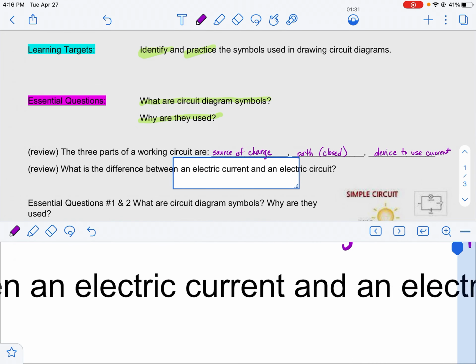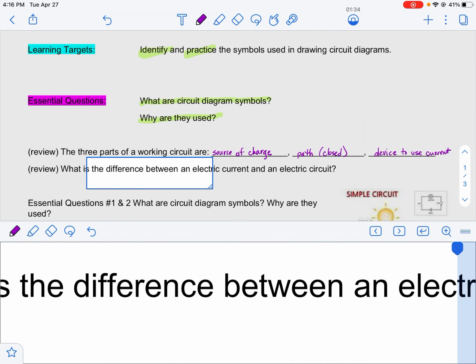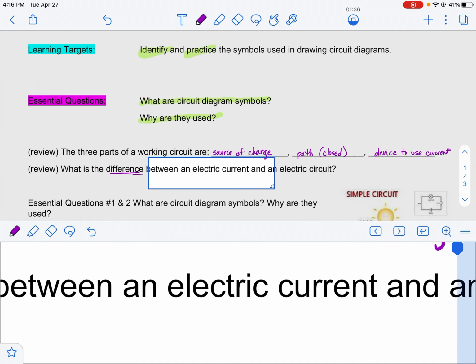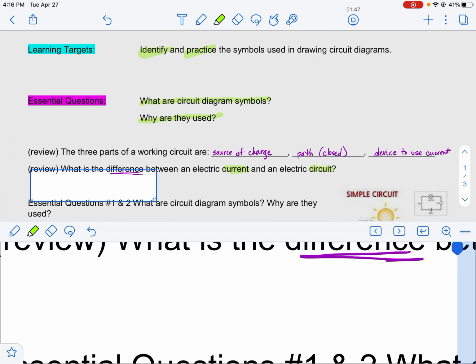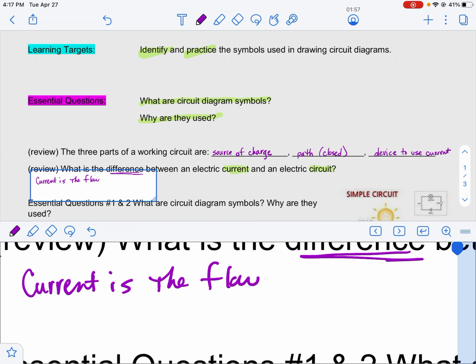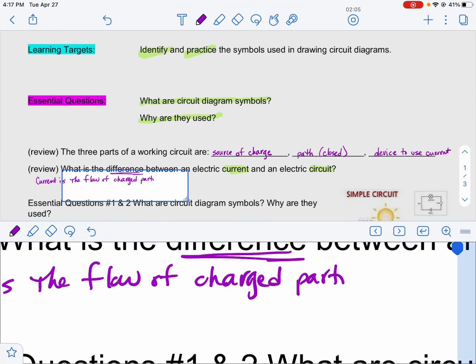All right, and then the second review question here is, what is the difference between electric current and an electric circuit? Remember, I told you those two things sound very similar, so you have to be careful about what you're talking about. So the difference between current and circuit: electric current is the flow of charged particles, and we said specifically those are electrons,